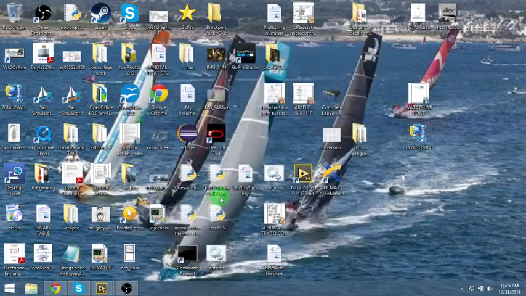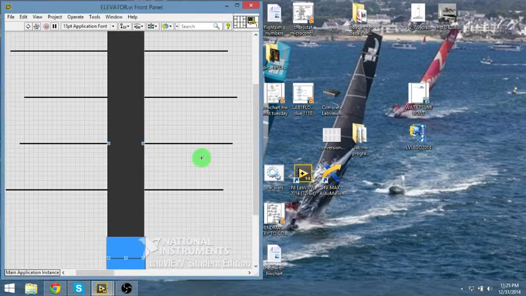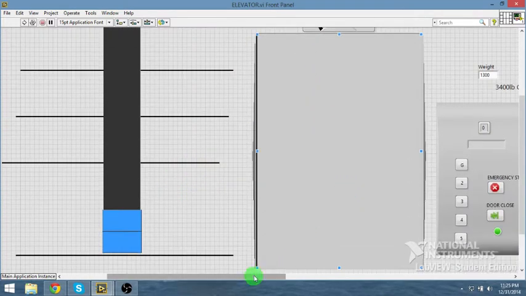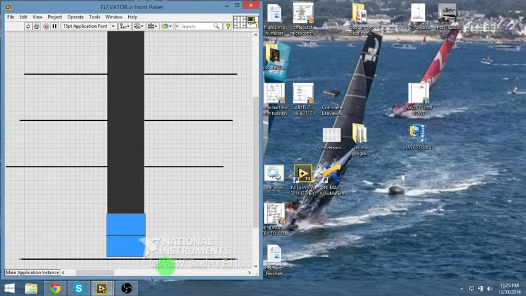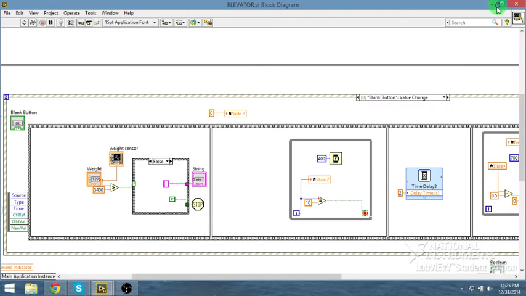Hello again, and this video is going to be about another program I made in LabVIEW. It's basically a functioning elevator, about a 5-story elevator, and this one only took me a few hours. Still a very complex program, and as you can see from the program here,